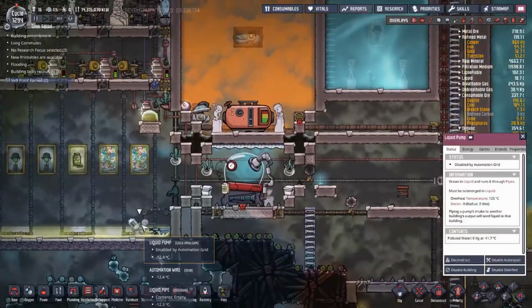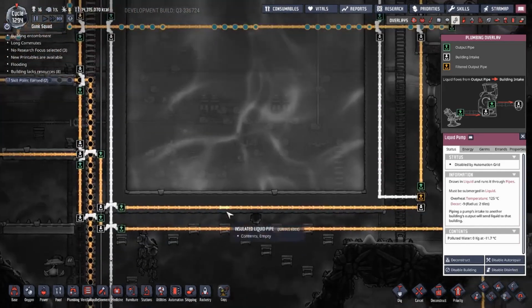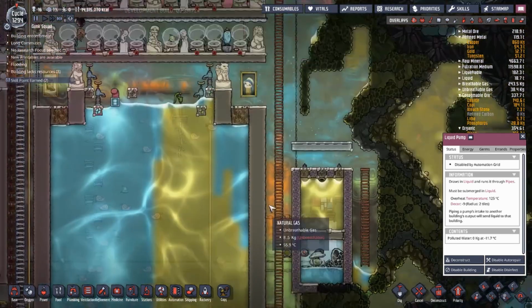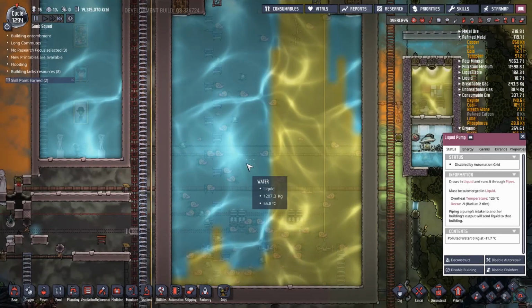Now, then we got this little liquid pump over here. This one actually pumps the polluted water. That's what's actually ending up in this liquid tank over here. And, oh, oops, sorry about that. And yeah, I'm still a little bit confused about why there's polluted water and clean water in this